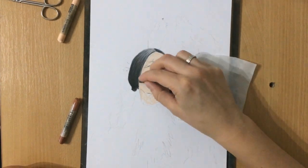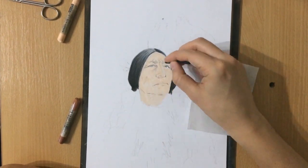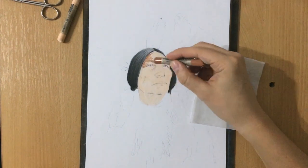If you're wondering what those scissors are there on my desk, I didn't use them for this drawing, they were just lying around there. Anyway,